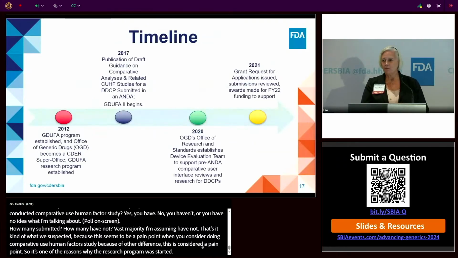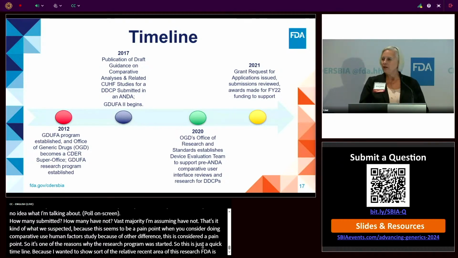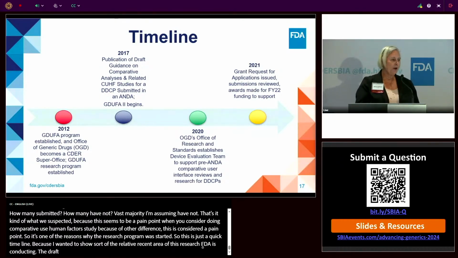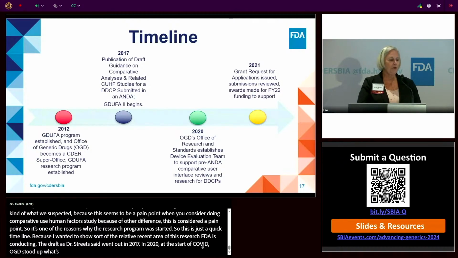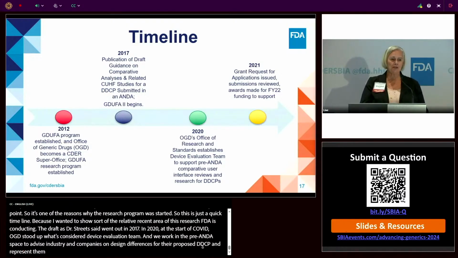So this is just a quick timeline because I wanted to show the recency of this whole area of research that the FDA is conducting. The draft, as Dr. Streets said, went out in 2017. In 2020, at the start of COVID, OGD stood up what's considered the device evaluation team. And we work in the pre-ANDA space to advise industry and companies on design differences for their proposed DDCP and help them work through some of the issues and how to obtain data